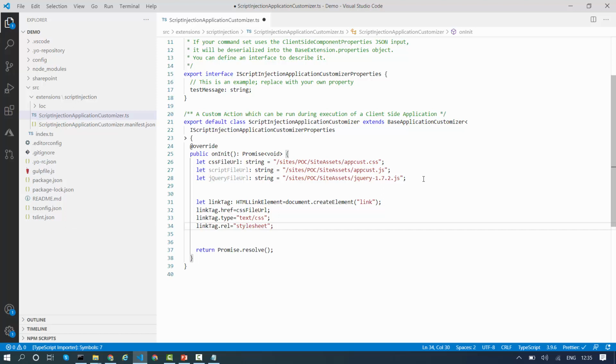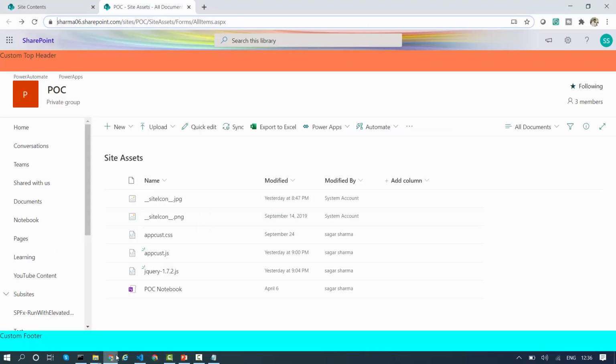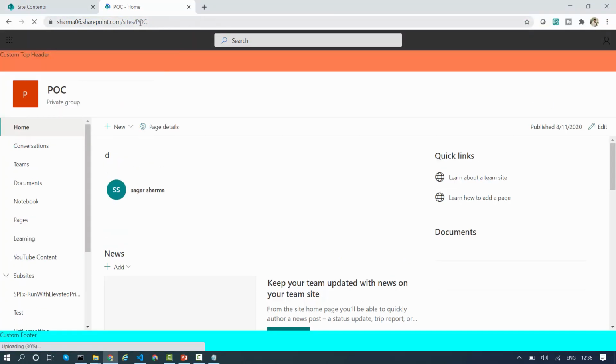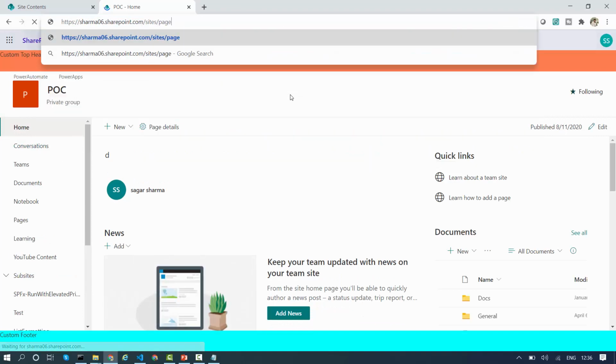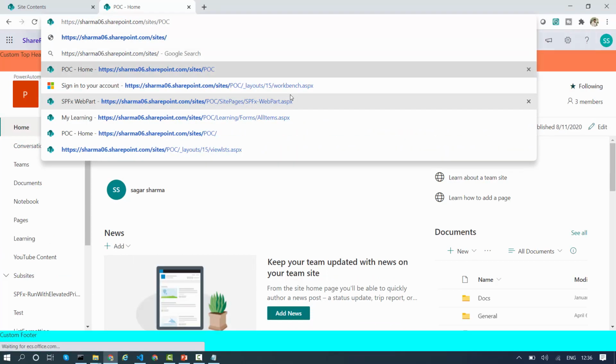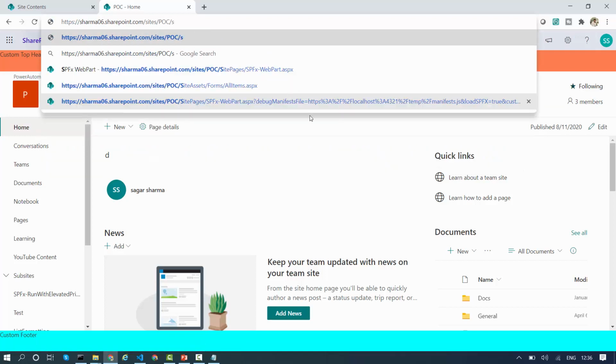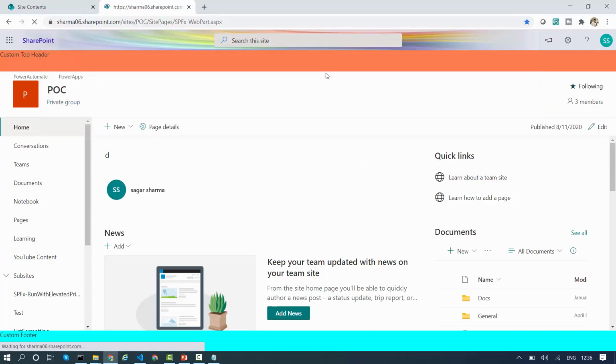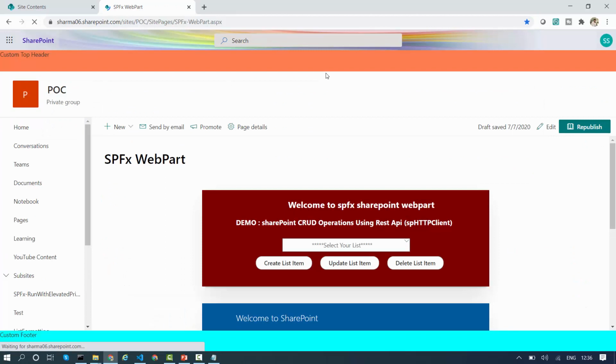Now I have to inject this link tag into the header part of my SharePoint page. So let's say I go to my SPFx web part page over here, /POC/. On this page, I am going to inject my script and CSS.